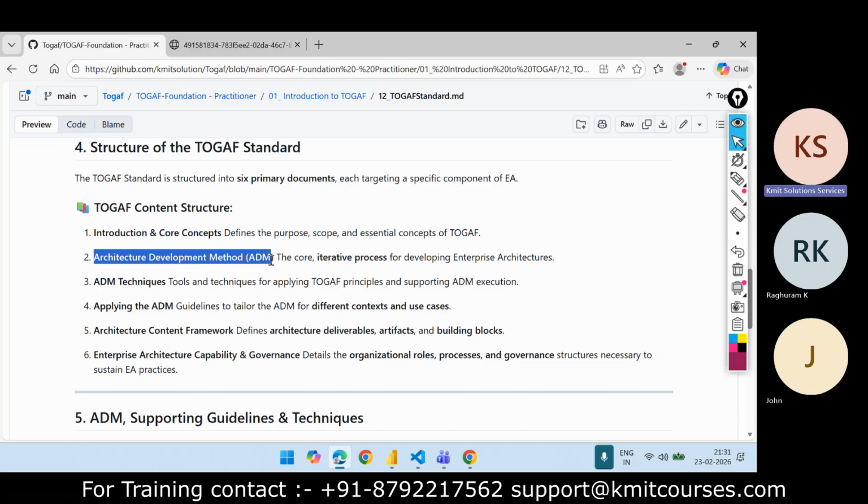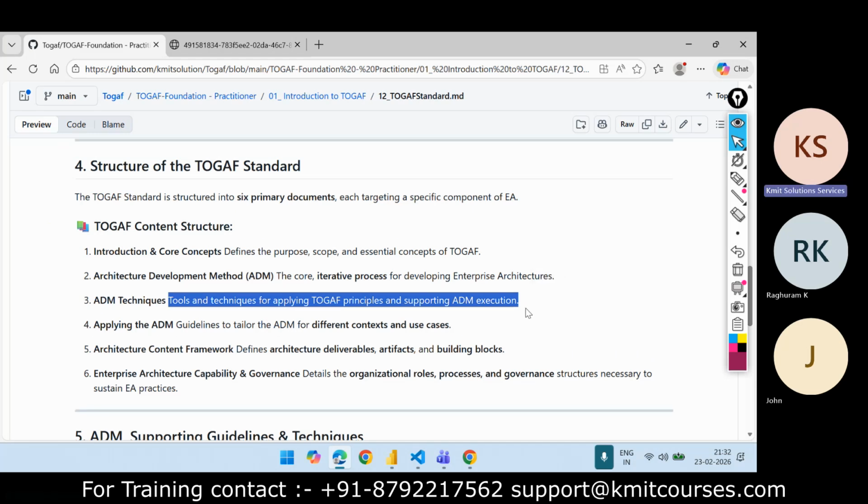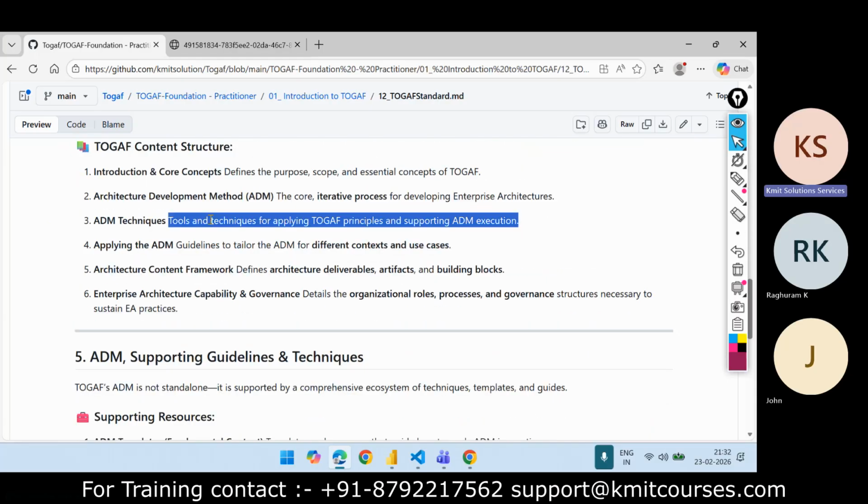It's a core iterative process for developing enterprise architectures. ADM techniques are the tools and techniques for applying TOGAF principles and supporting ADM execution. So there are different phases, and how those phases are to be executed is defined under the ADM techniques.